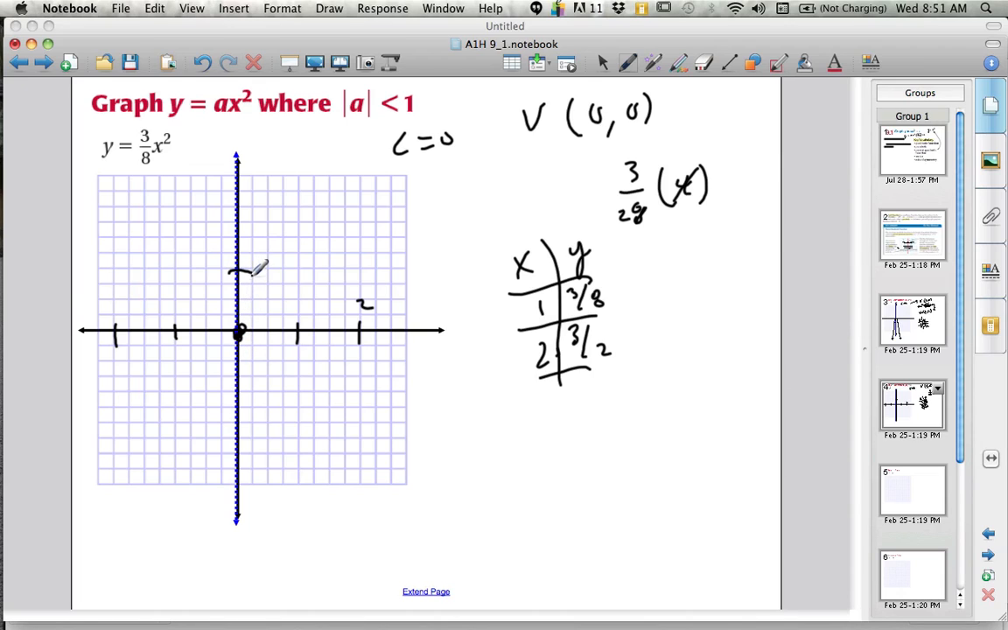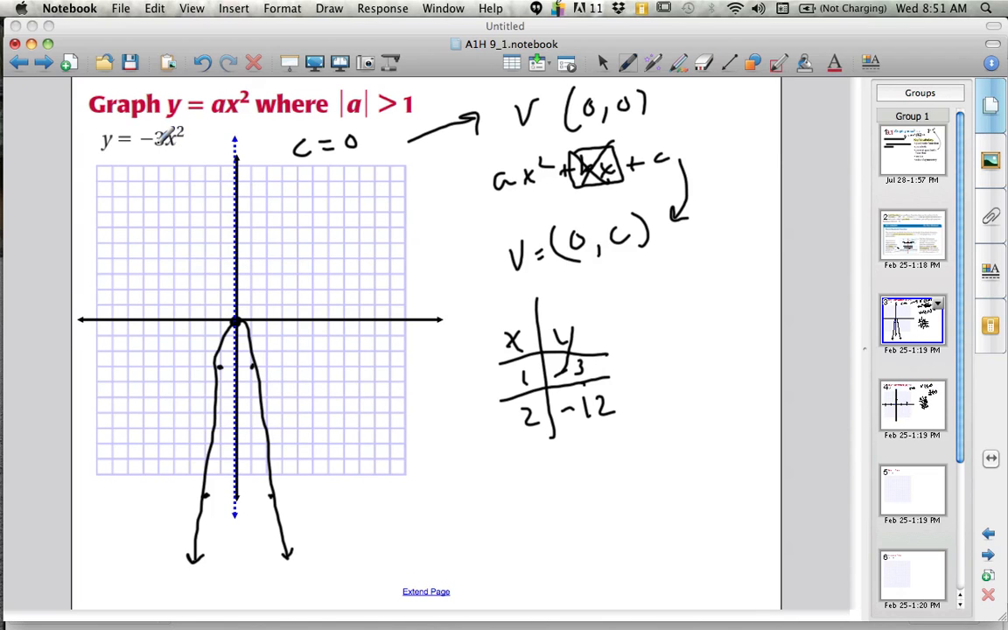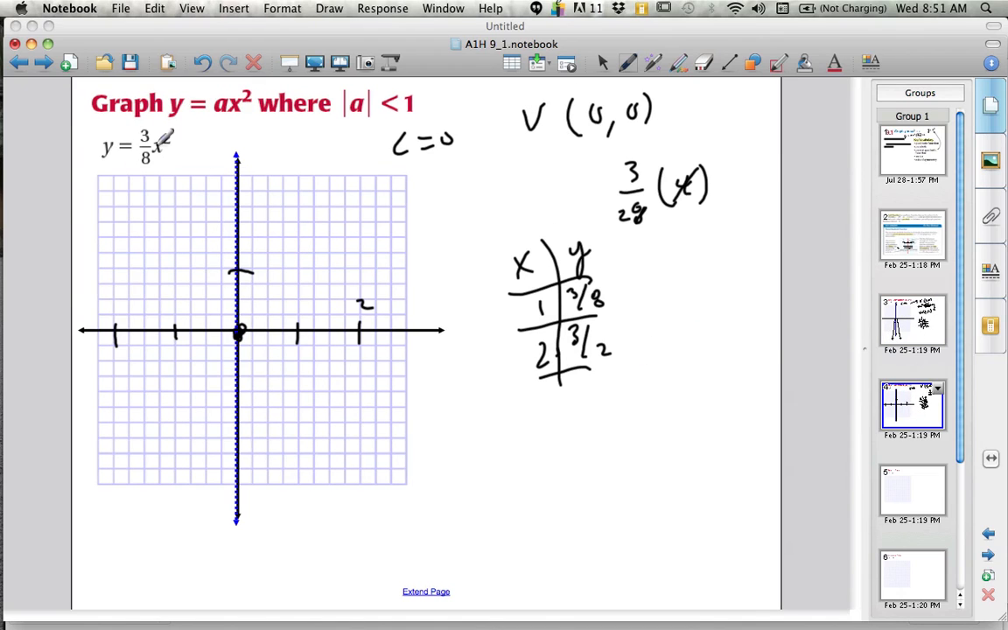This one's going to open up because the leading coefficient is positive. I think I neglected to mention that. You'll notice the last one makes it open down. When the leading coefficient is negative, it opens down. When the leading coefficient is positive, it opens up. 1, 2, 3, 4. All right, so now we're graphing in quarters, and that's going to make this a little